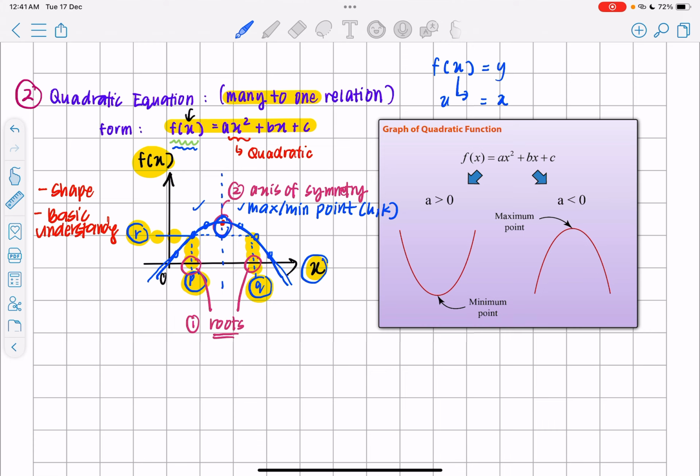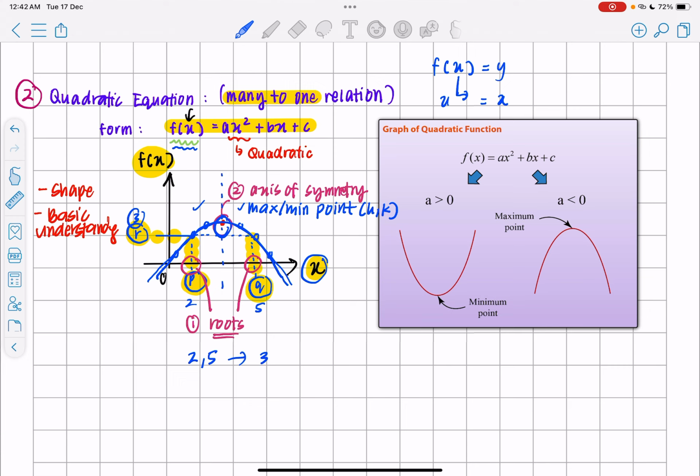But y value akan sama. Let's say macam P dengan Q ni, it's a difference of x value. Let's say P is 2 and Q is 5, but the image is still 3. So that's why this relation is a many to one relation, because 2 and 5 have 3 as the